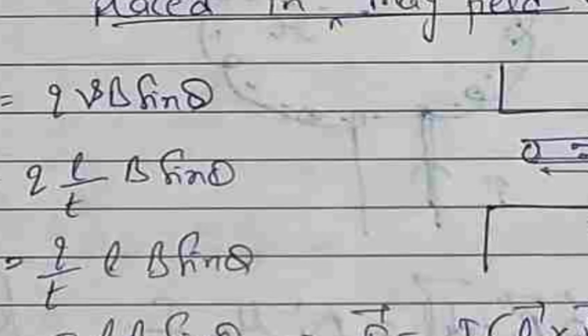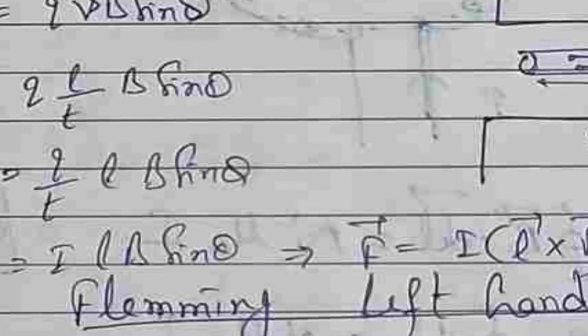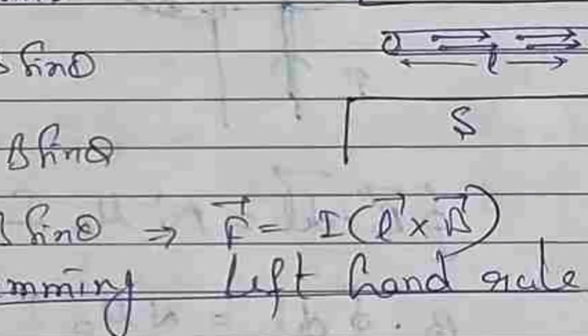Use the relation F equals qvB sin theta. Velocity is length upon time, the charged particle covering distance L. We can say q upon t here, so q by t becomes the current. So F is equal to ILB sin theta,